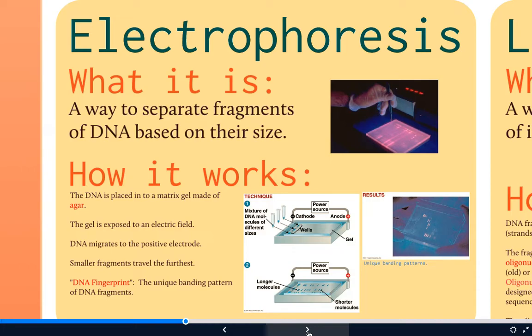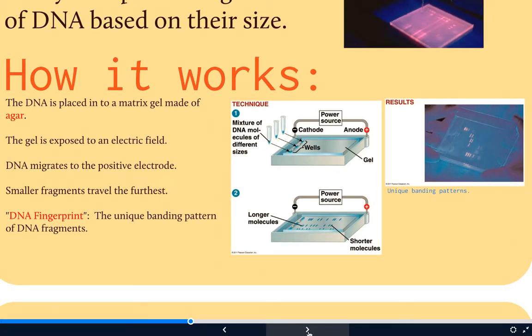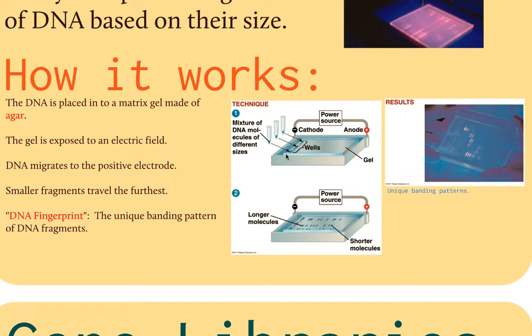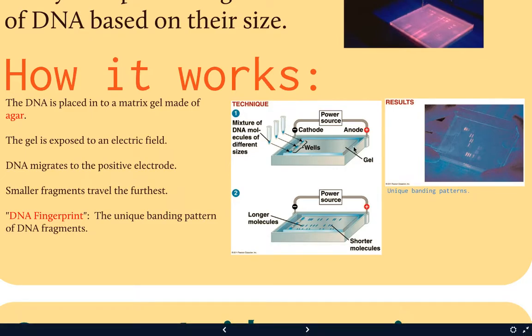The larger fragments will get stuck at the top. The smaller fragments move down to the bottom. And this gives us a very unique pattern between individuals. Okay, so DNA is placed into this matrix gel. Here's the gel. And it has wells in it, right? So those are just open spaces that we can use a micropipette and we can put our DNA in. And then once you attach this to a battery or you plug it in, then over time it will pull the smaller fragments down to the positive pole in the gel, and then that will leave a very specific pattern